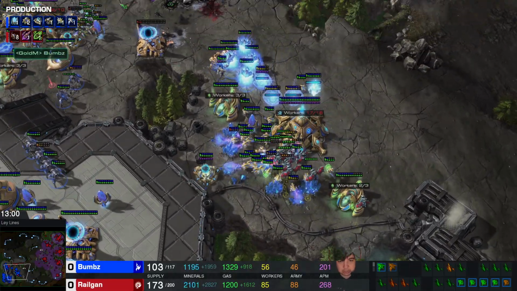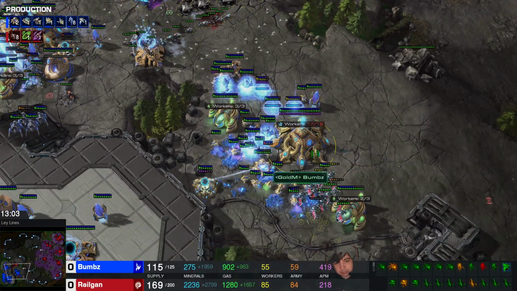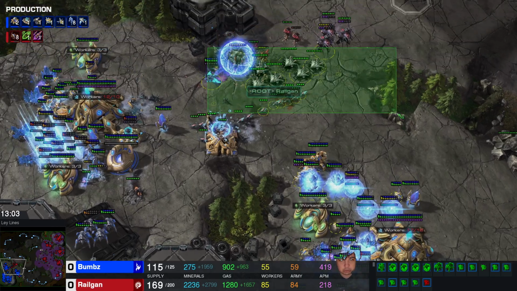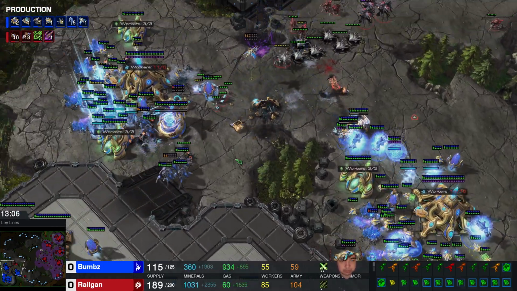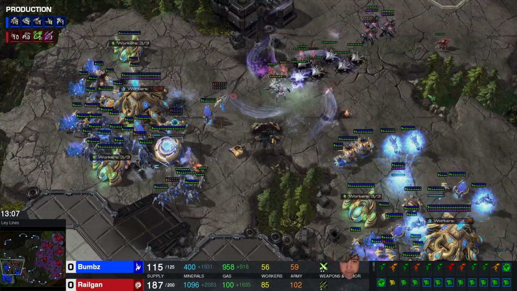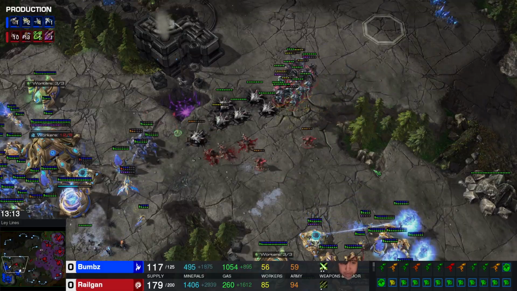Mutalisks immediately swap on over into the far base because I figured if he is moving his Archons to the Lurkers, I might be able to do some damage in this area of the map. Just slow pushing him. You can tell I've already taken quite a bit of a lead in